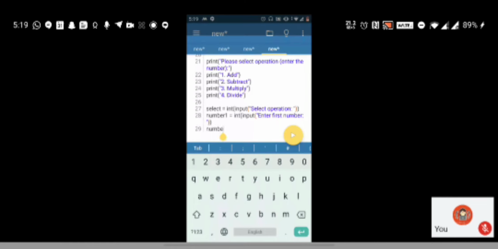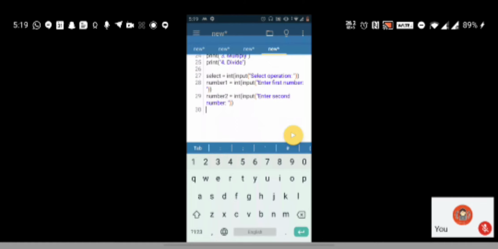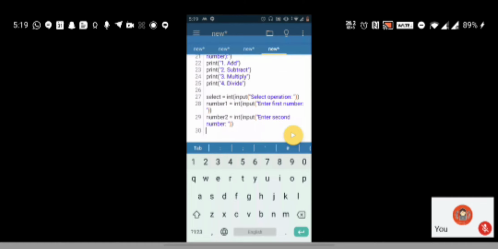Okay, then same thing, second input, enter second number. Okay, and now we have to perform the operation according to whatever is inputted by the user.